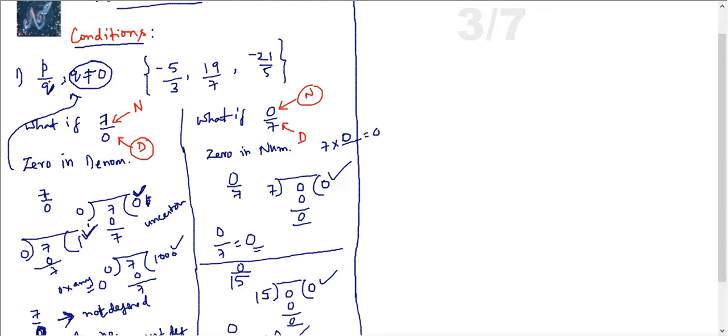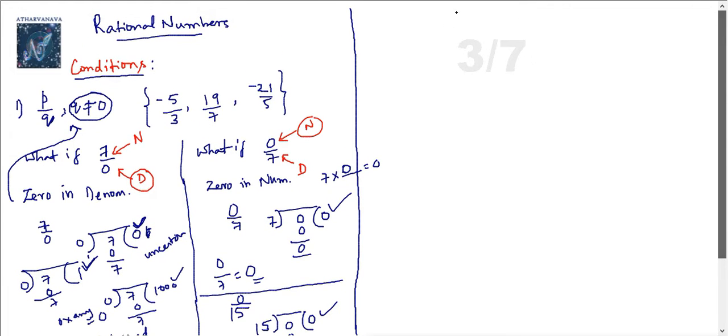comma q should be an integer. Though 0 is an integer, it cannot be in the denominator; it can be in the numerator, of course. You can get a numerator as 0, no problem, no doubt in that. But if you are getting a denominator with 0, then you cannot define the number, and that's the reason while defining a rational number, we specify this condition being q not equal to 0, which means the denominator is not equal to 0. This is not simply the q, he is referring to that the denominator should never be 0 if at all you are considering a rational number as p by q. This is the meaning of it.